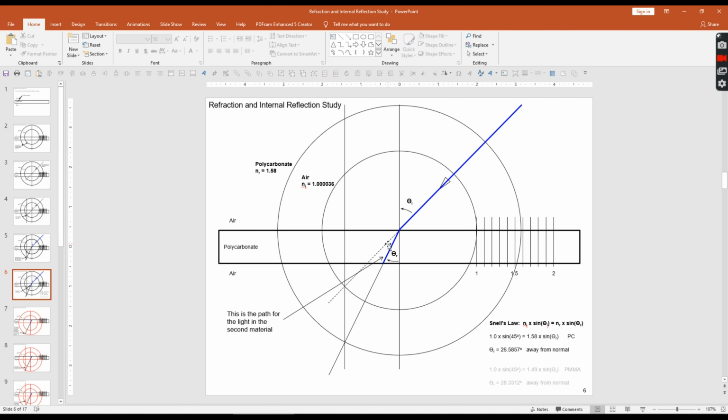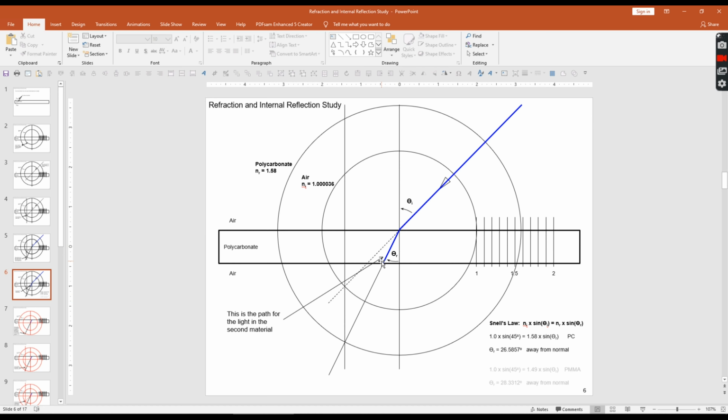And that is all summarized in Snell's law. You can look that up online or look at the formula here. But this angle away from normal, in this case, is 26.5857. So that's the path that the light will take when it enters